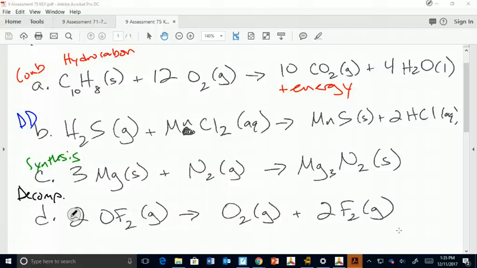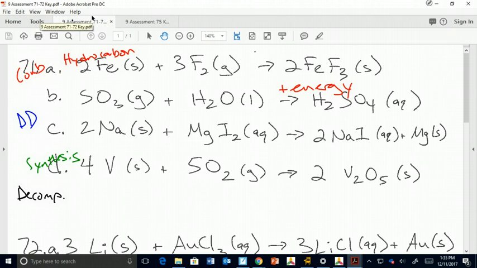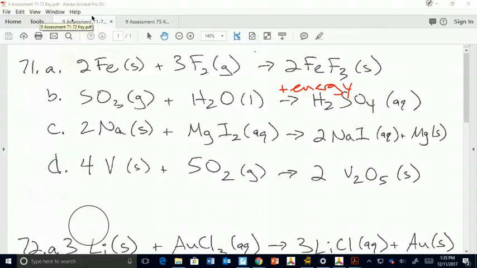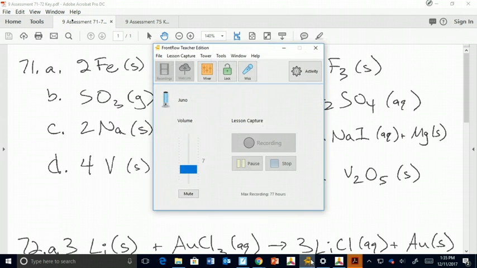Okay, here's what I want you to try. Let's go to 71. See if you can tell me what all these problems are from 71. I'm going to stop the recording here. What kind of reactions are